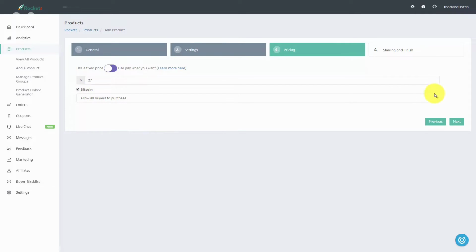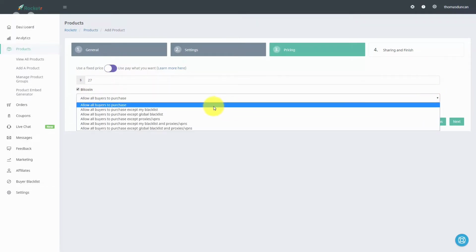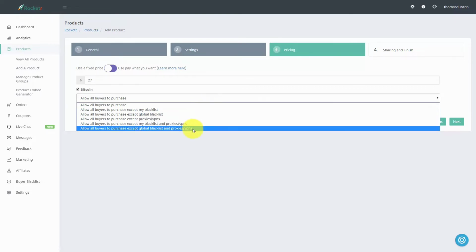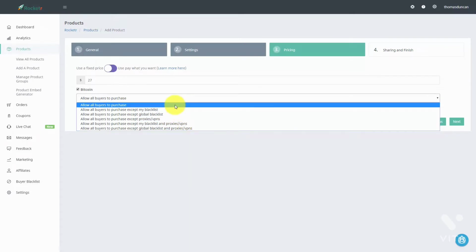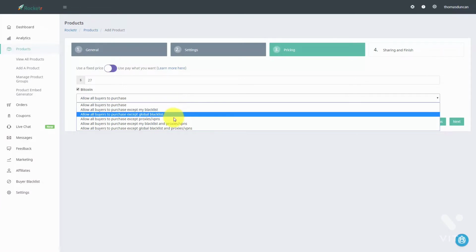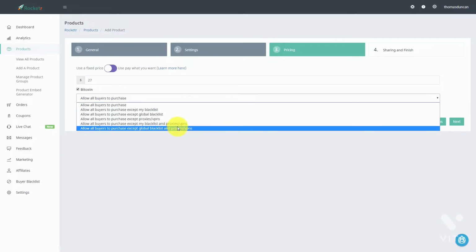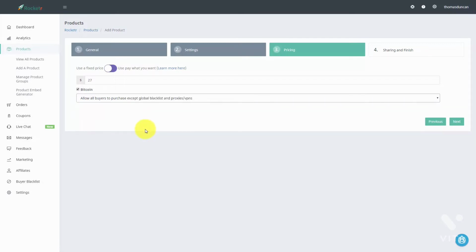And then we can use a couple of features here, and Rocketer will allow everyone to be able to purchase, with the exception of certain limitations. So we can limit people by our global blacklist, and anyone buying from a proxy, which typically indicates some kind of lack of trust, or we can allow all buyers to purchase. The most conservative way to allow people to purchase would be to not accept purchases from people on a global blacklist and proxies. So in this particular case, we're going to use the most conservative method,